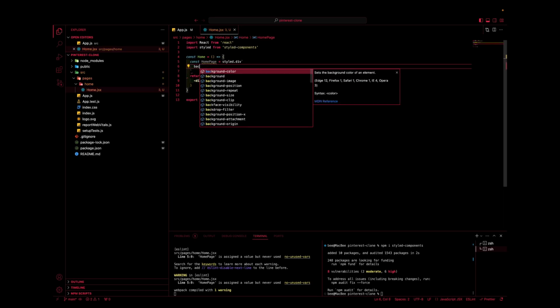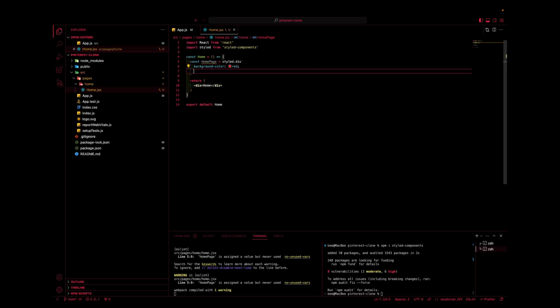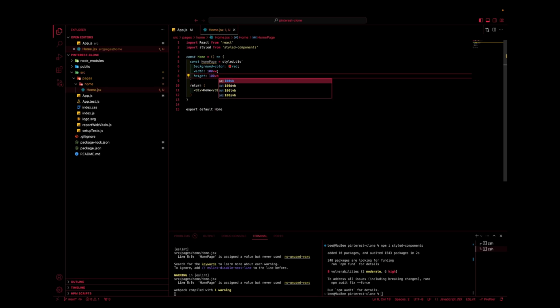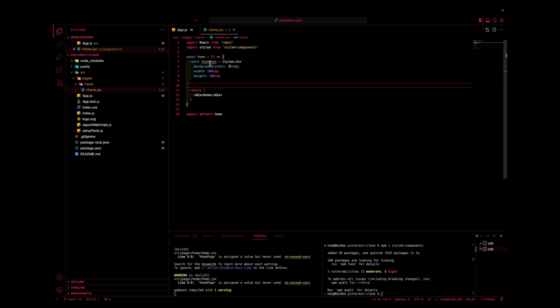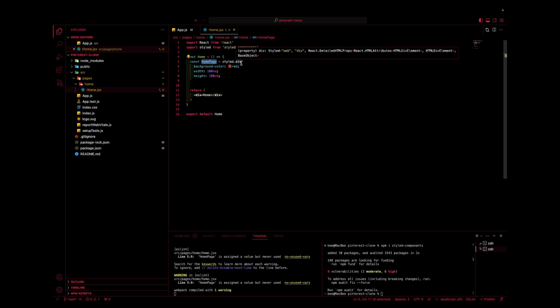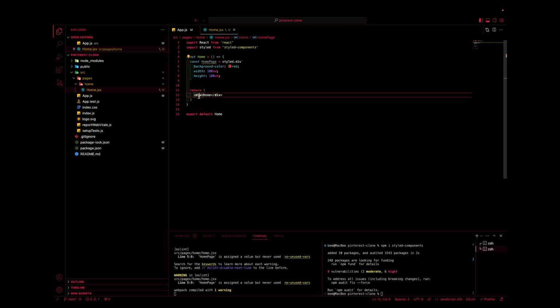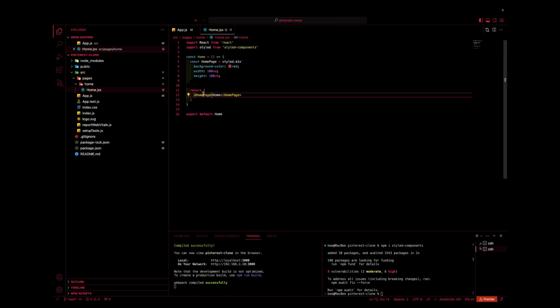So to start, I'm just going to give it a background color of, let's say red, just so we can see it. Let's give it a width of 100 view width, and I will give it a height of 100 view height, VH. Okay, so now we've assigned the homepage styled component. We can just replace it with this div. So remember, this is a div, but it's a styled div with these styles attached to it. So let's click on this and just replace it. And now it's replaced on both sides because I have the auto tag complete,